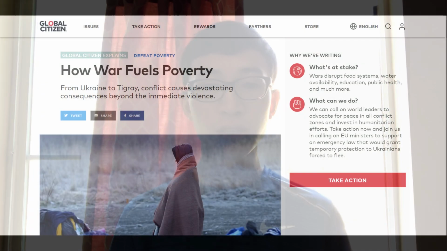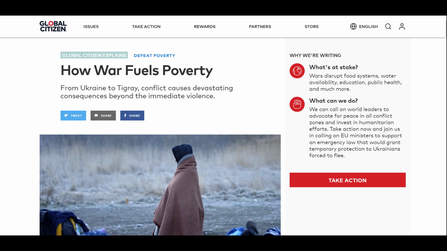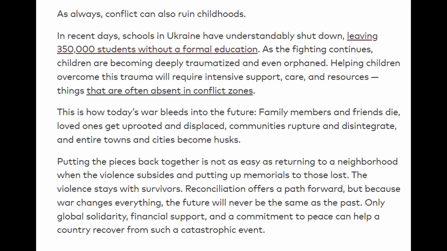That question is being tested now with the unprovoked Russian invasion of Ukraine. According to a Global Citizens article, How War Fuels Poverty, rebuilding after war is difficult and extremely hard because, among many things, the victims of the war, civilians, are, to say the least, traumatized by the events of the war. Although reconciliation efforts to make peace between former enemies can be a path to breaking the cycle of war and poverty, the only way to break this negative feedback loop can be found through global solidarity, financial support, and